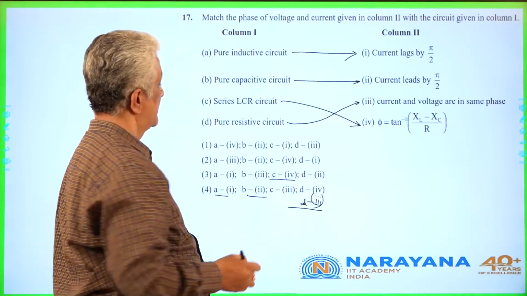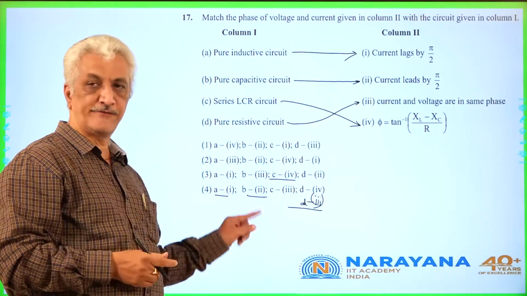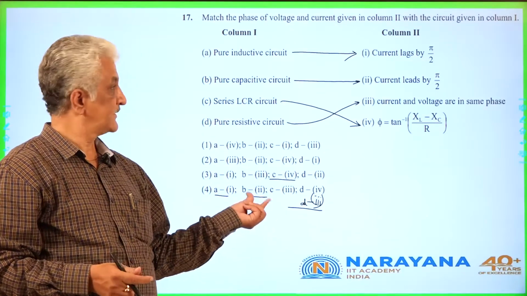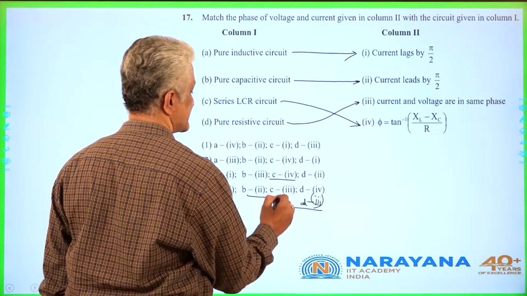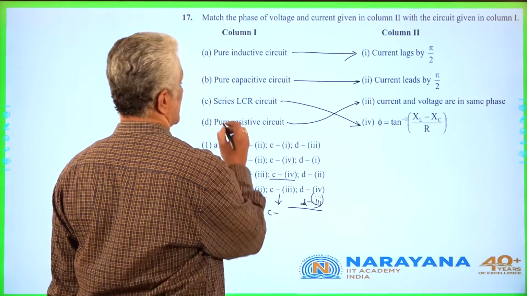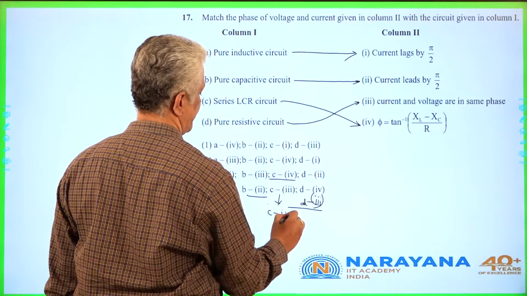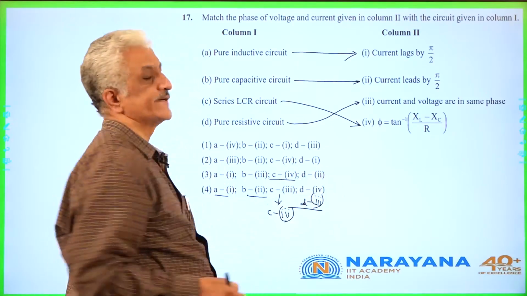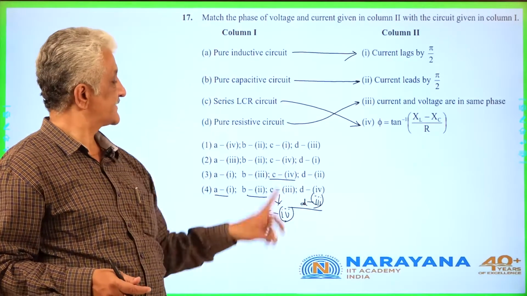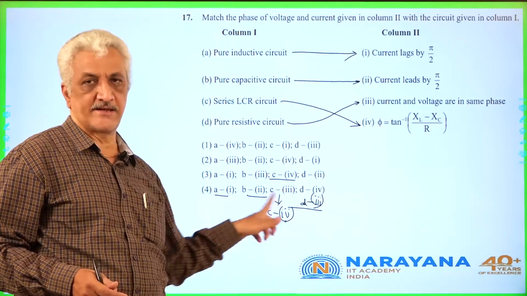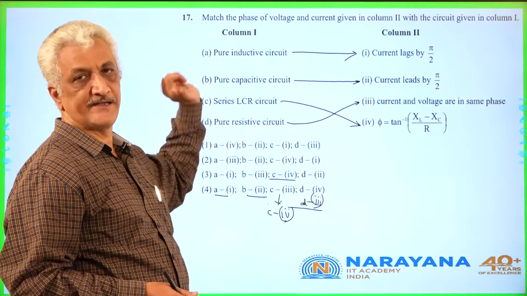Definitely, out of all the 4, either the third one or the fourth one with small changes is coming here. So definitely only this answer is correct, with C should be given as 4th and D should be given as 3rd. Maybe based on memory, they may have changed this. So for 17, this answer is correct, only with changes here. That is number 17.